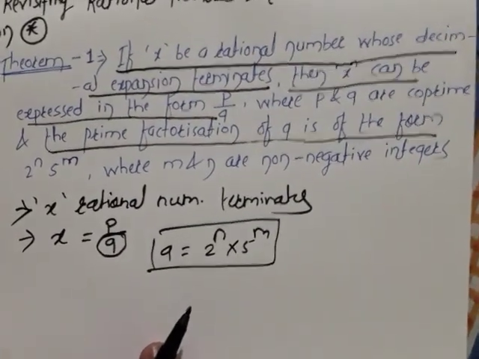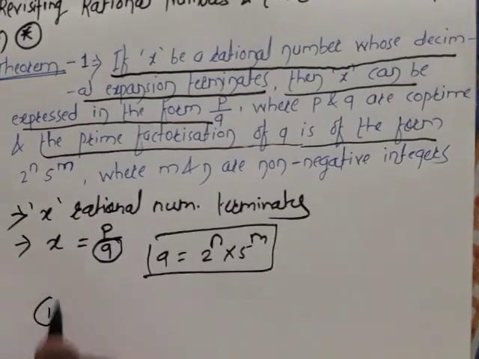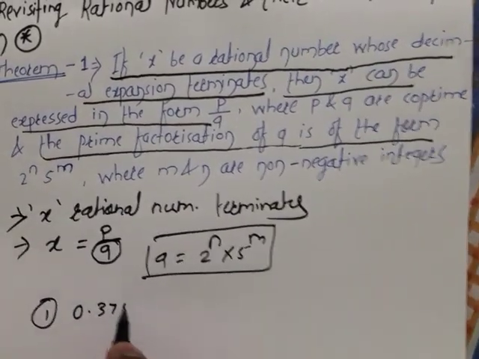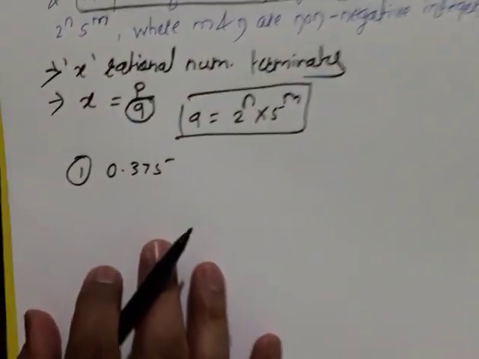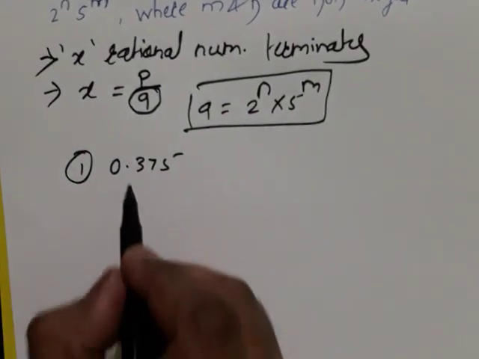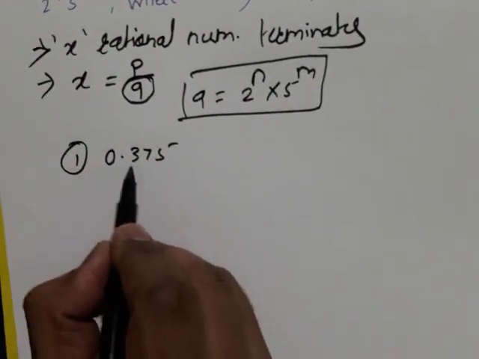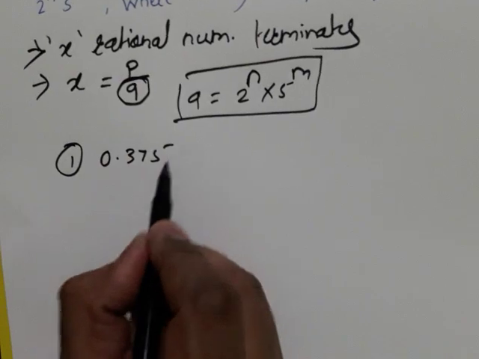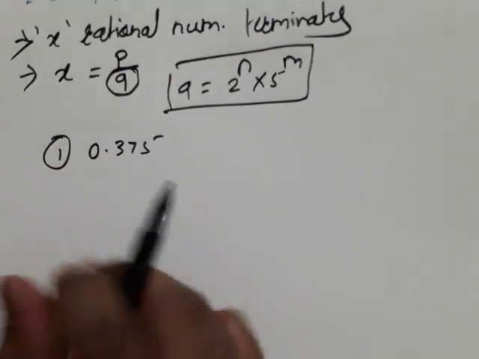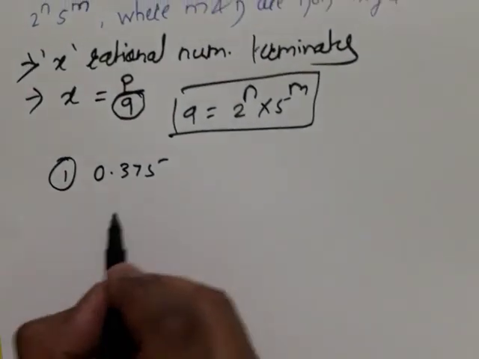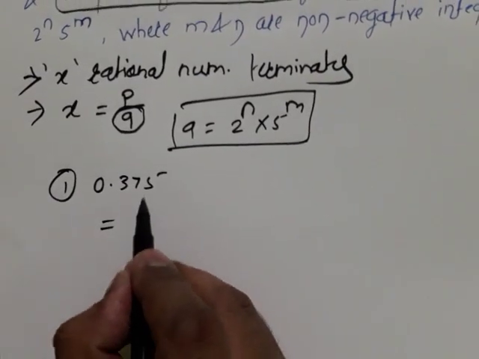I will take here one example for understanding purpose. Suppose here there is one example, 0.375. If you observe carefully, you will come to know that in 0.375 this decimal expansion is going to terminate. इधर खत्म हो गया है. Means we can express this in the form. कौन से फॉर्म में लिख सकते हैं? देखो